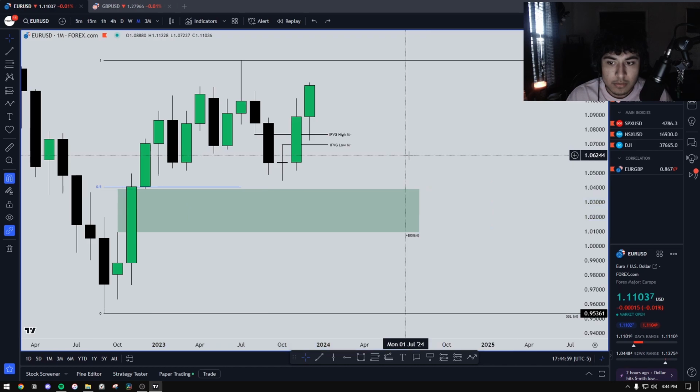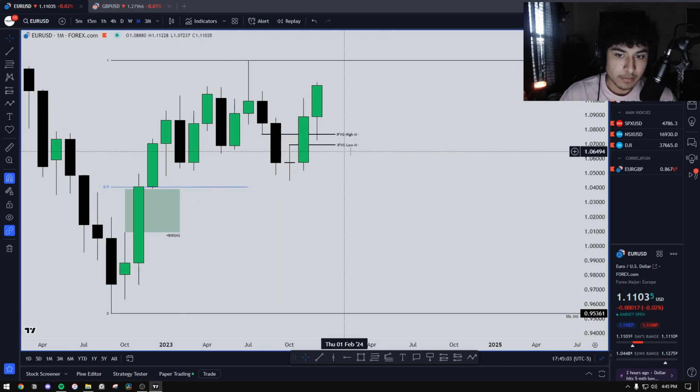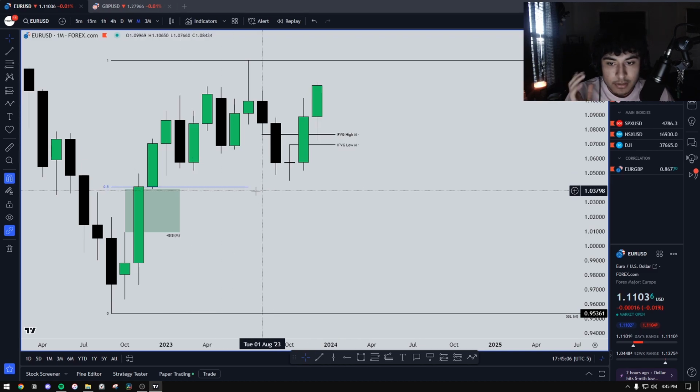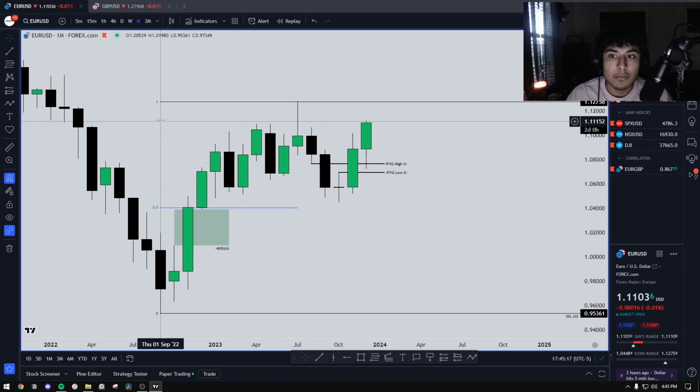And again, here on this one, we had this buy side imbalance that is very unfilled, so it's kind of formed as a breakaway gap. We never came and filled it up, and it's in a deep discount. So if we want to come down to a discount, we can come into a discount and reach into that. If not, then that's perfectly fine with me. It's showing price is really bullish for Euro USD.